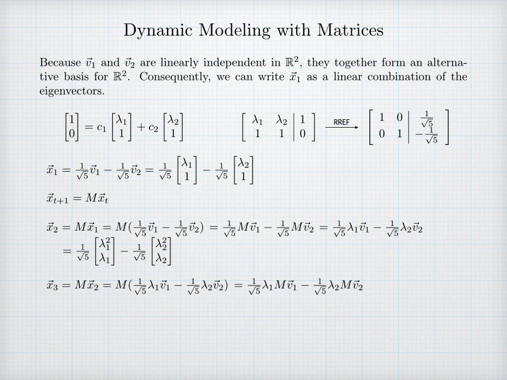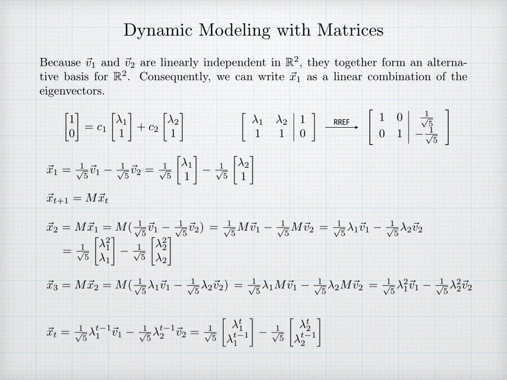Again, we use the eigenvector property that M times an eigenvector is replaced by lambda times the eigenvector, and I have my expression x3 is now a linear combination of v1 and v2, but now the lambdas are at the power 2. This pattern repeats and repeats and repeats,